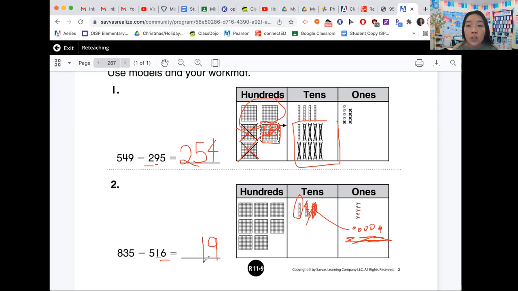Okay, step 3, it's your turn, Sally. Okay, Sally goes, okay, I need to take away 500s. There was no regrouping, so I'm just gonna take away these 2 and these 3. That's 5. And then now we have 300s left. So what is our final answer, guys? 319. Okay, perfect.